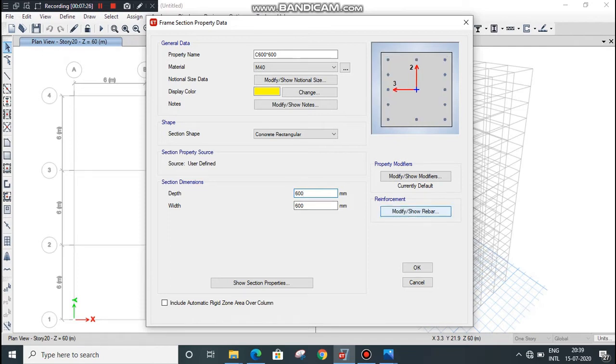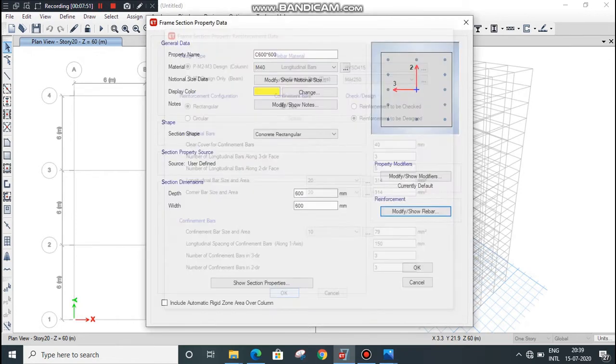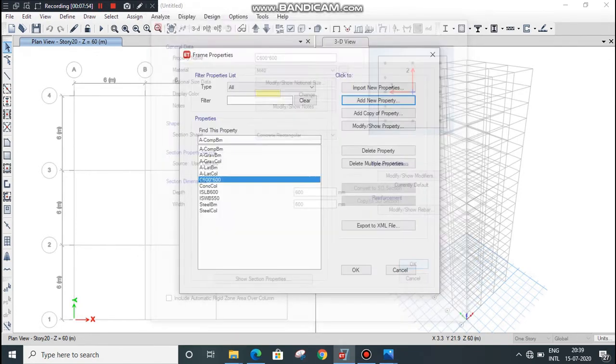Go to reinforcement, modify. Make sure that the design type should be column because we are defining the dimensions for a column, and the rebar material in longitudinal bars. Select HYSD 415. For confinement bars select mild 250, and the clear cover for confinement bar as per the IS code should be 40 mm. Click on OK. Now again click on OK.